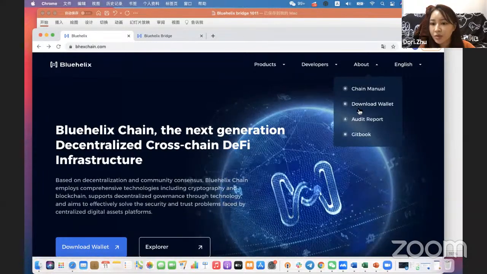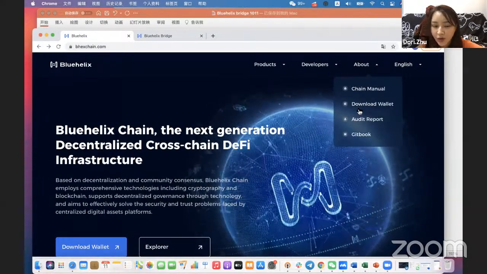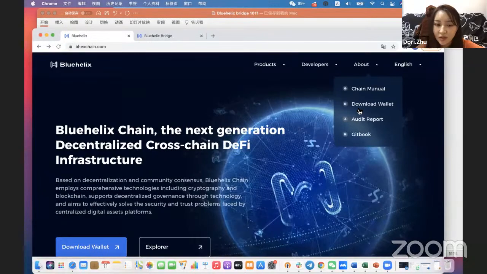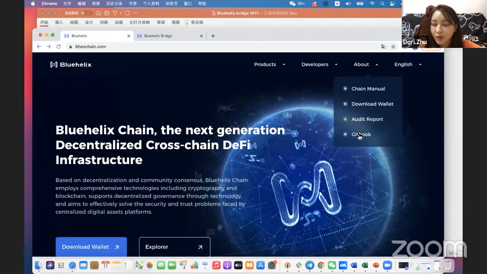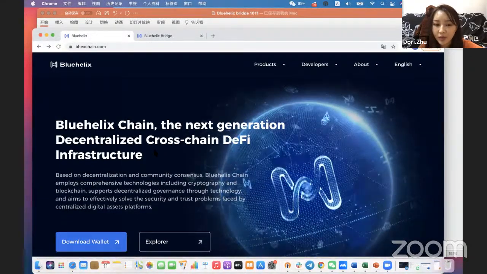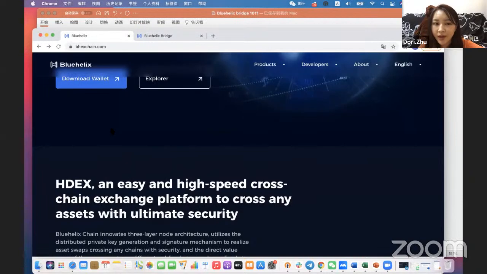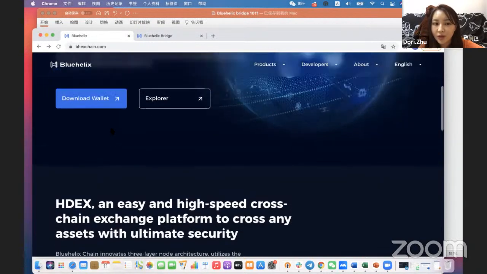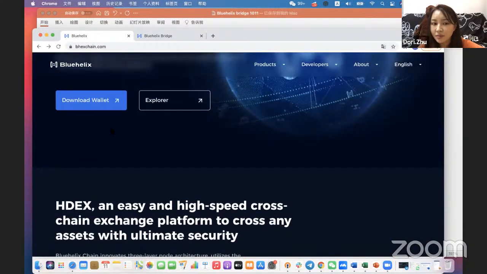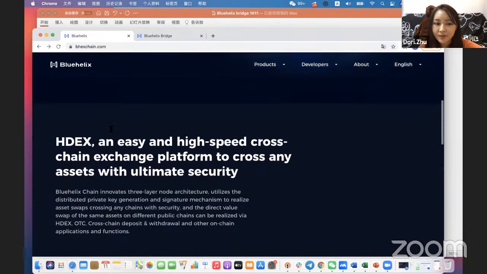Also, we have audit reports from SlowMist and PeckShield, and GitBook documentation for other developers. Users can download our wallet to make better use of the Bluehelix Bridge, or use MetaMask to integrate with our bridge.